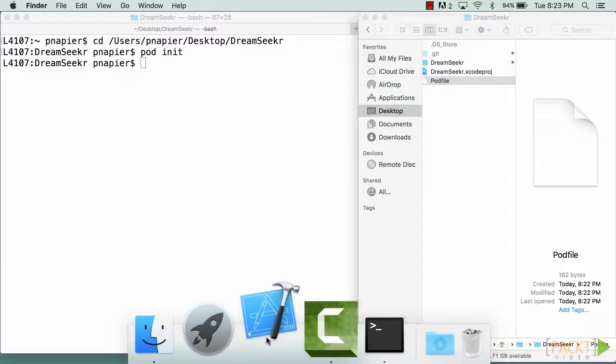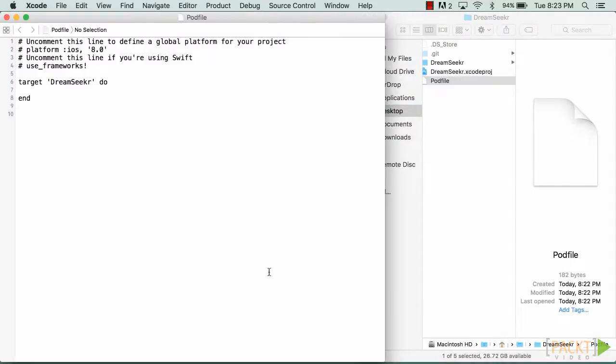Now I'm going to drag this onto Xcode to open it. As you can see, there's already a lot of boilerplate code in this file for us to use. And we're going to uncomment two of the lines here to allow our pod file to access the correct target and to allow the inclusion of Swift compiled libraries. Now we're going to add one more line, and we're going to start that with pod and then within quotation